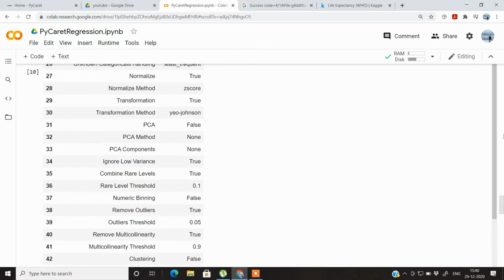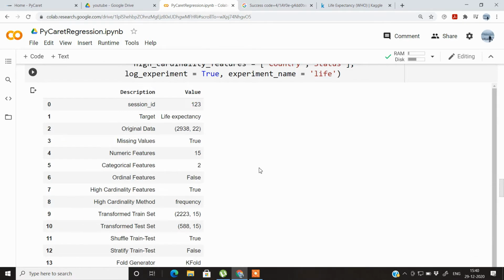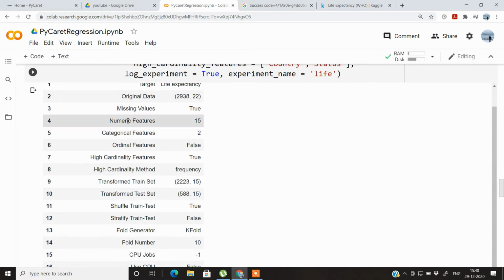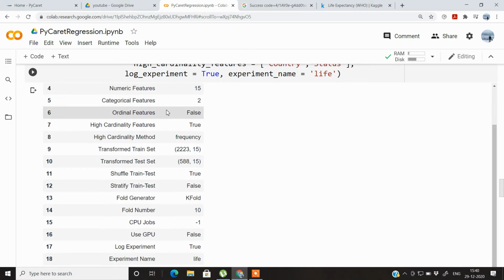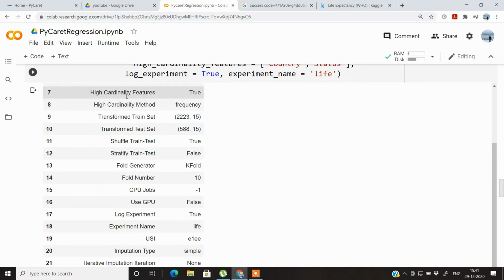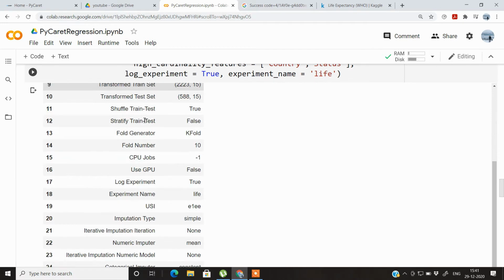As you press enter, you will see all the things that are applied on your dataset. So this is the session ID, target, original data, missing values. Missing values equal to true means there are missing values, number of numeric features, categorical features, ordinal features, high cardinality features, and all the exploratory data analysis that took a lot of time when we were only using pandas, scikit-learn and other Python modules is done in minutes using PyCaret.